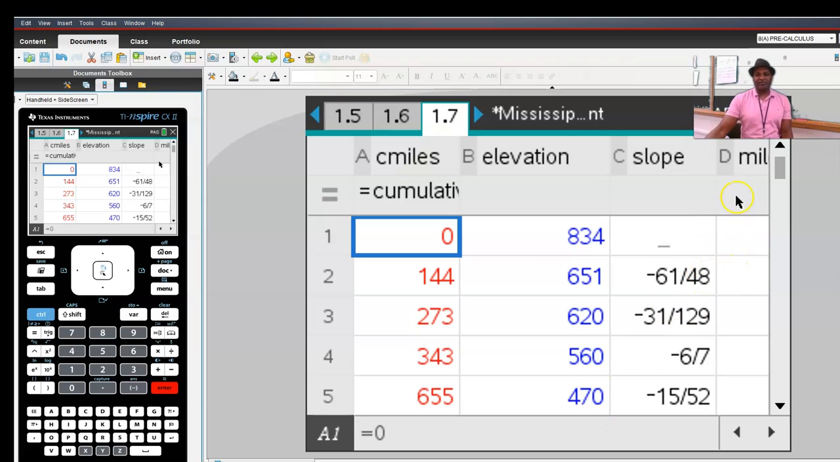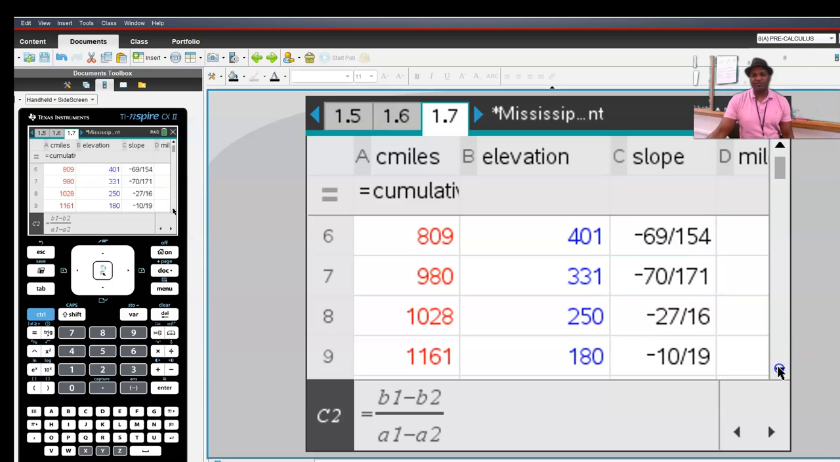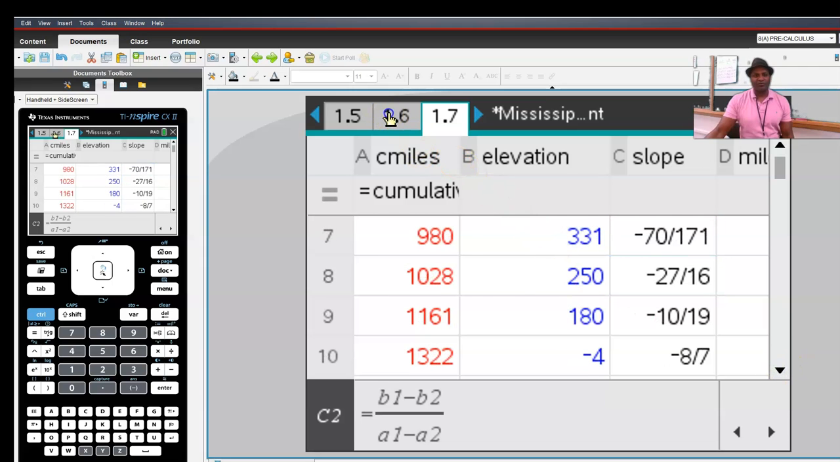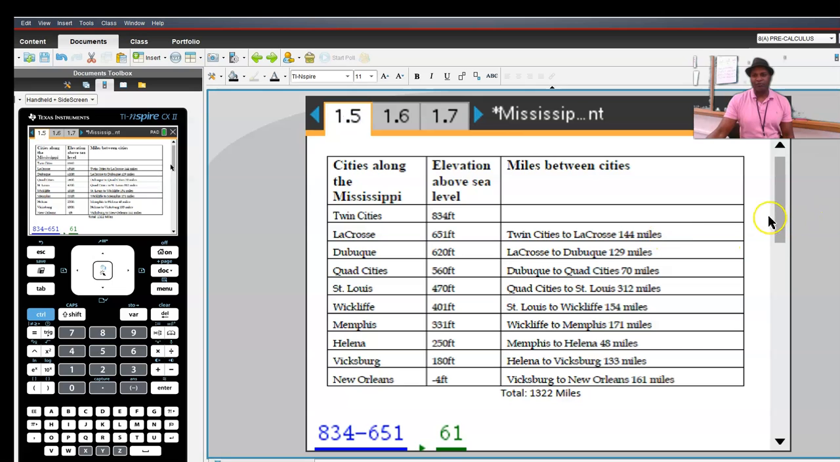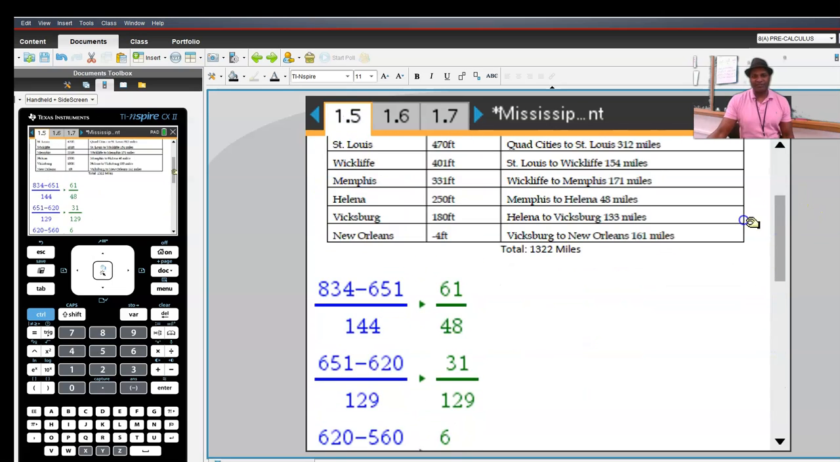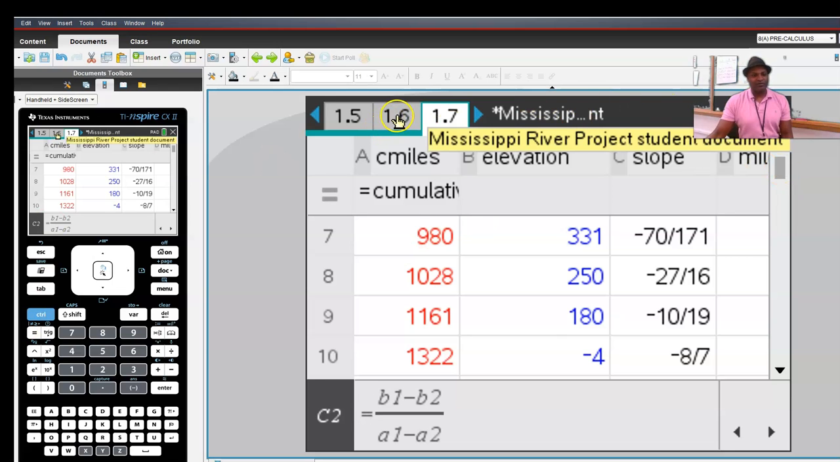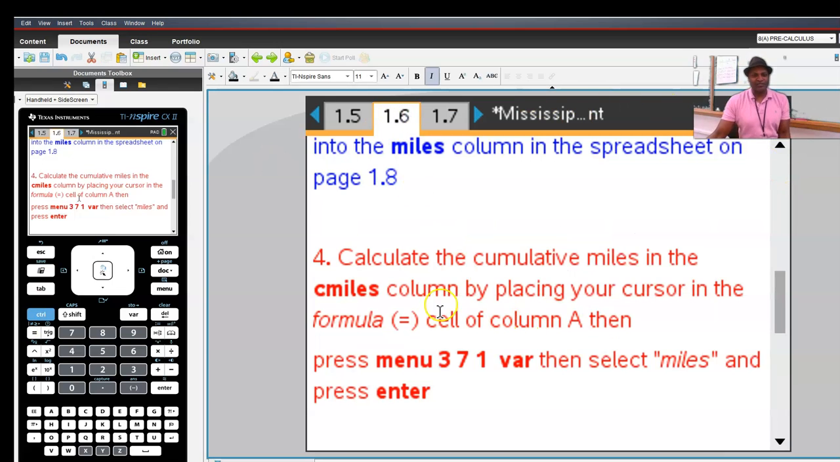Notice that it found all the cumulative miles there in red. Notice that it recalculated the slopes for us, and these should match the ones that we had on 1.5. The only difference is that these are all negative because they're all decreasing elevations. So that means we're doing pretty good. All right, so if I go to 1.6,